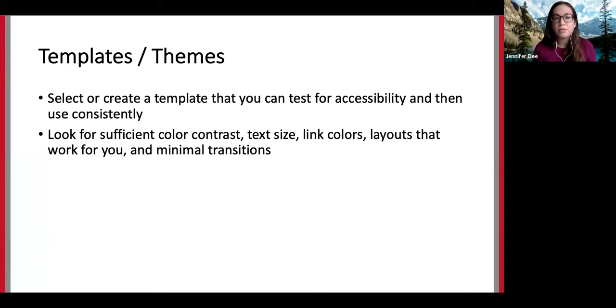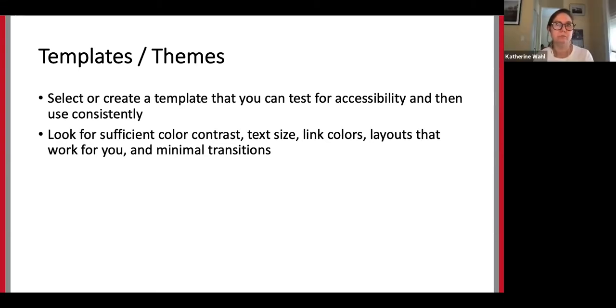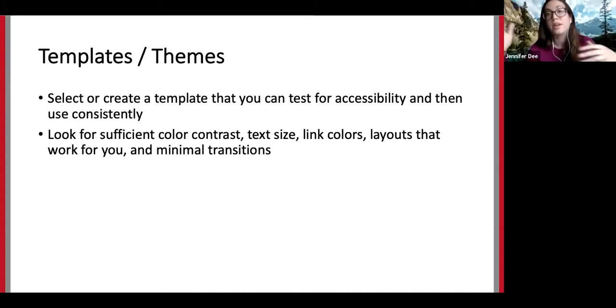So you'll be looking for sufficient color contrast. So making sure that your text and your background color are different enough that visually impaired users will be able to see that to a reasonable extent, that your text size is large enough. And you also want to look for the link colors. So you might think, okay, the text and the background have good contrast, but then once you're actually using links in there, oh, there's a new color to think about.